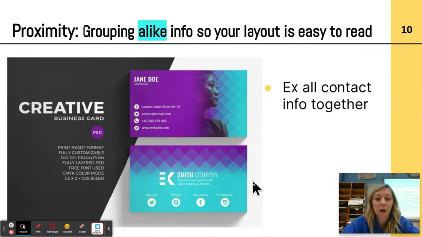So if you look at this business card example, you've got a front and a back, and look at how they've grouped together all of their social media. Makes sense, right? Looks like it belongs together. You can see the name of their company, their logo, their company slogan all together. Makes sense. And then you've got their contact information, their website, their phone number, their email, their address, all of that. So do you notice how everything that's grouped together makes sense? It wouldn't really make sense to have Smith Company, Twitter, here's our website, here's our slogan, all over the place. So the idea is that you're thinking about what belongs together